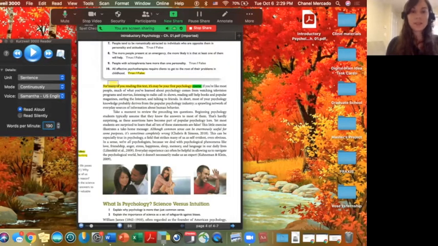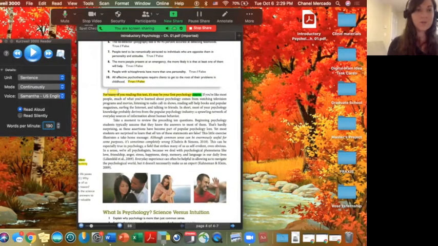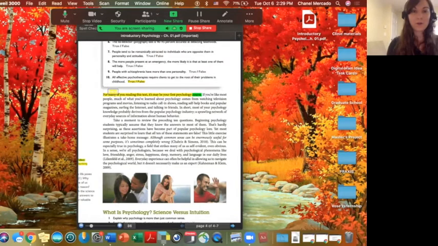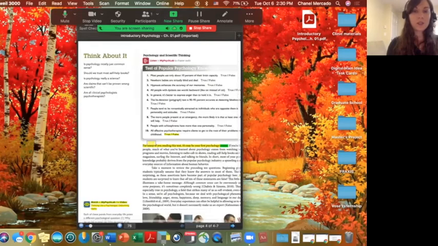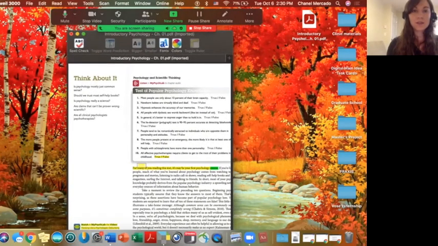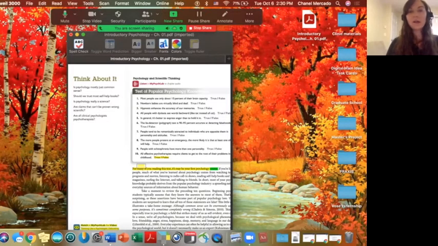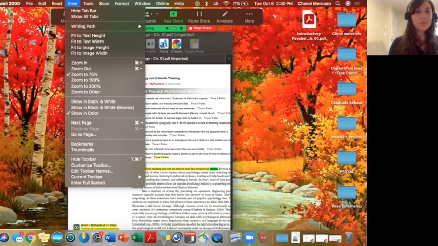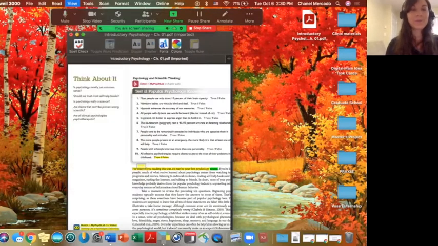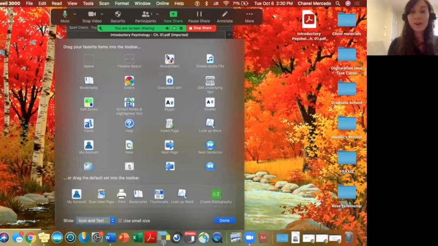All right, so those are the basics on having Kurzweil read to you. So I'm going to exit out of our Kurzweil reader here. I do want to show you another option if you wanted to add things to this top toolbar here. There are options in there already, but you might not find those quite helpful. So if you wanted to add some extra things, you can go to the top toolbar here. And if you go to the view option and select edit customize toolbar, this will come up with a bunch of different icons and options that you can then drag into your toolbar.